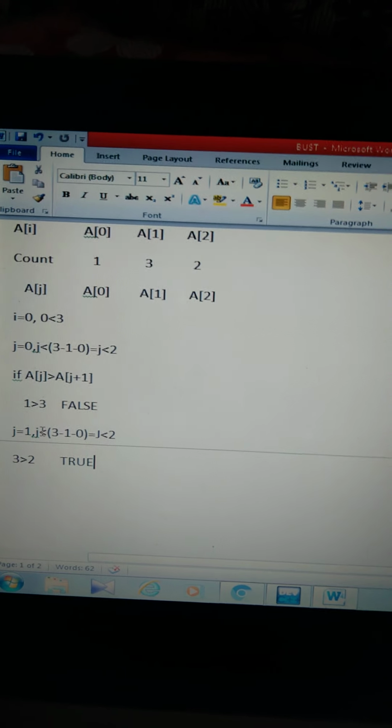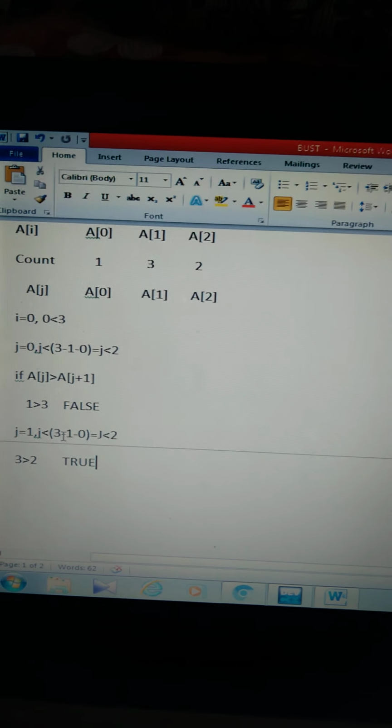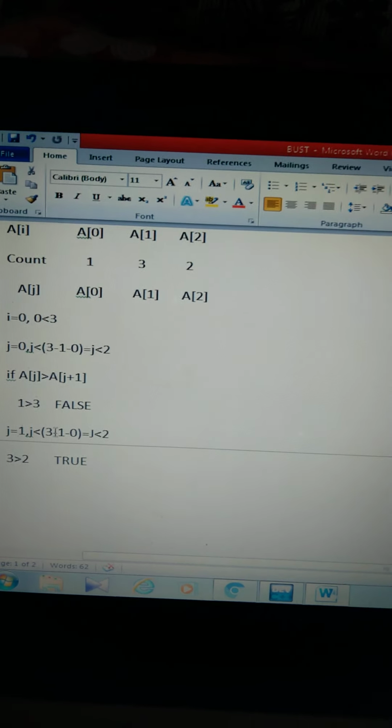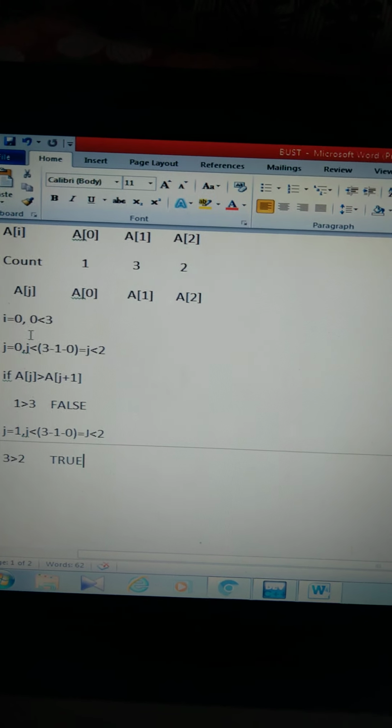Okay, then also if j is equal to 1, j is less than count minus 1 minus I, that is, I value is still 0 here.